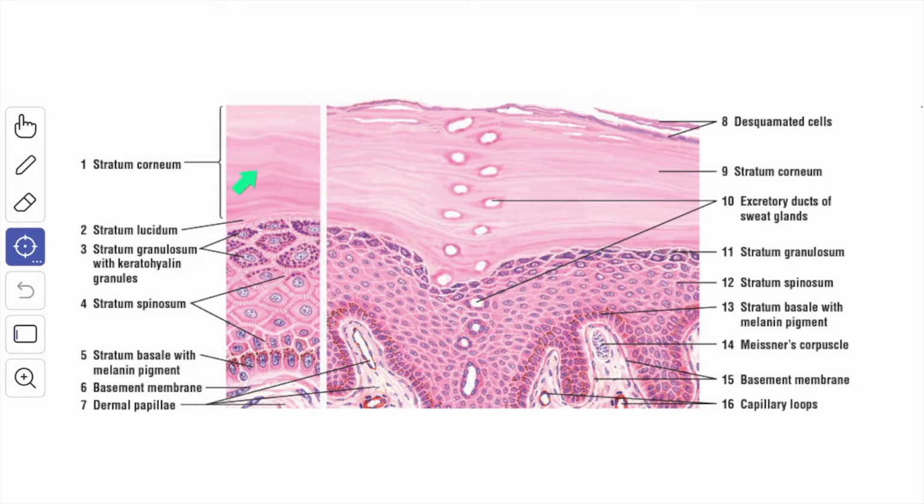The stratum corneum, the stratum lucidum, the stratum granulosum. These three layers form a zone of keratinization, also known as the cornified zone, whereas the stratum spinosum and the stratum basale are known as the stratum germinativum. The stratum granulosum and the stratum lucidum are well formed only in thick non-hairy skin, for example on the palm. They are usually absent in thin hairy skin.